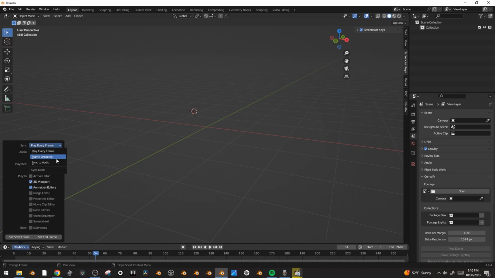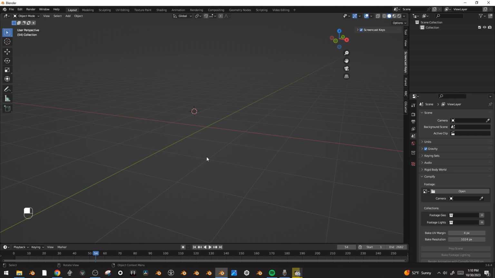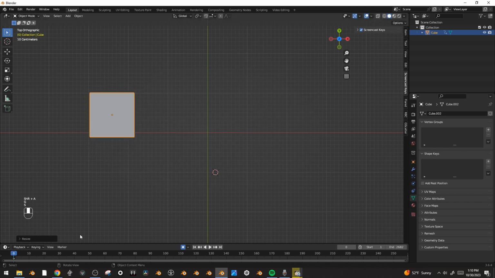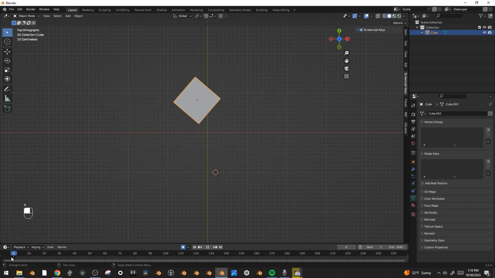To sync, let's sync to audio, so we make sure whatever we're doing is going to match that audio track when we start animating. And okay, this is a thing I've talked about before. I love being able to turn on auto keyframing here. That means whatever frame you're on, if you do something and then we go later and change things up, it'll automatically add these keyframes and interpolate everything. That also means if you hit play,